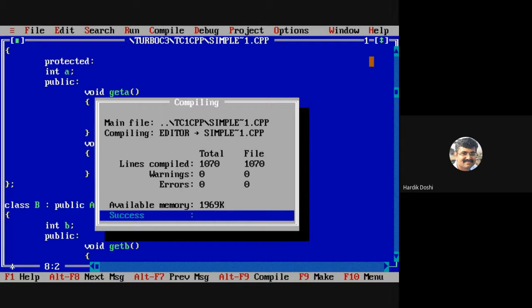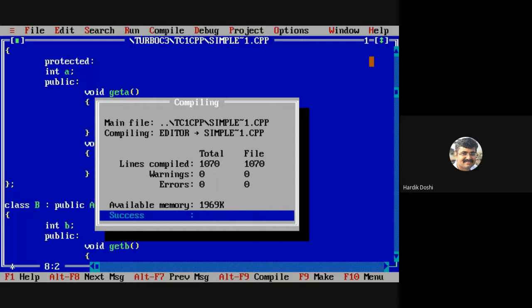Now you should know the difference between all three: public, protected and private. In summary, if I say public specifier, it can be accessed by anyone, any function or any class.